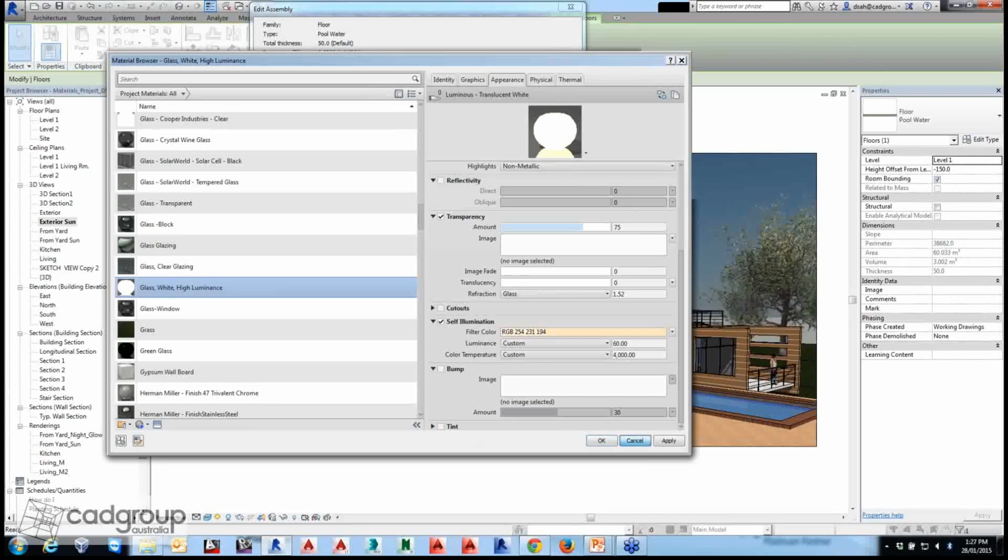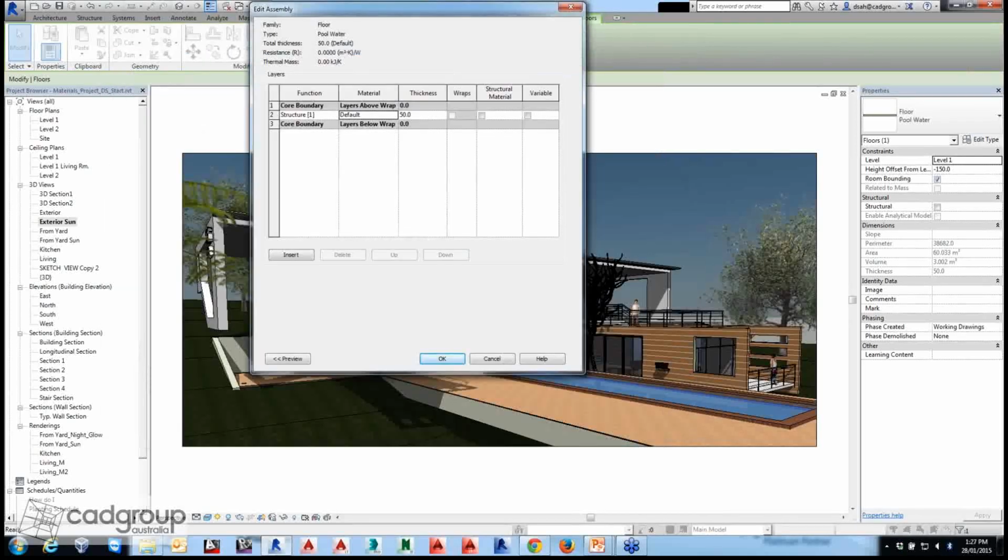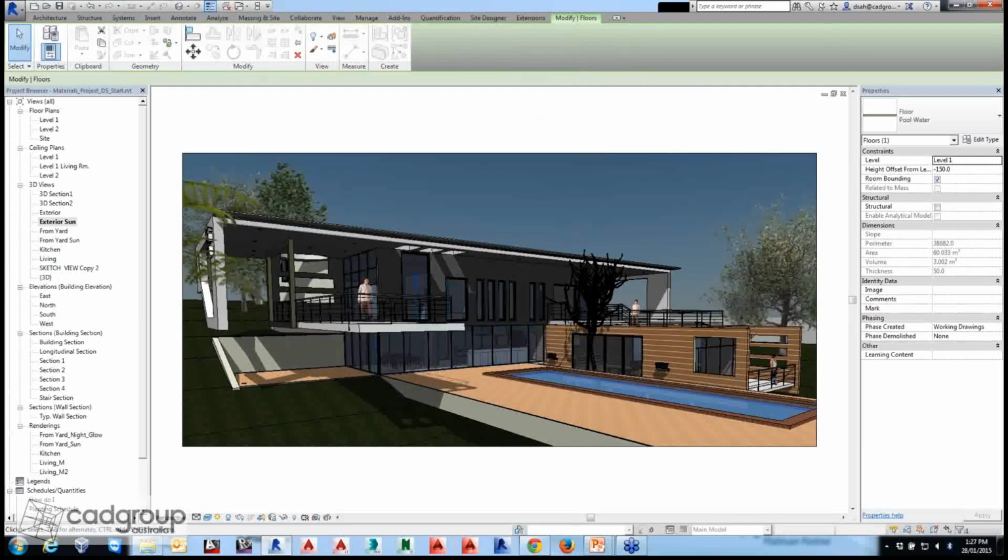And this is the same material I've used on the model, and we have seen the rendering. So I believe now I have given different examples of creating some custom materials which were not available in the default